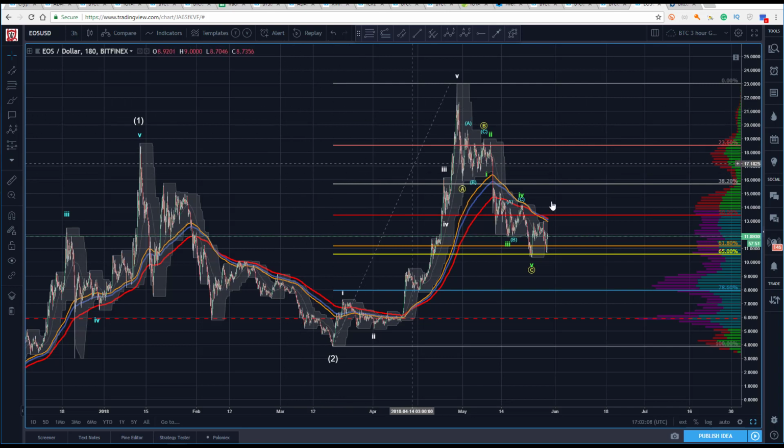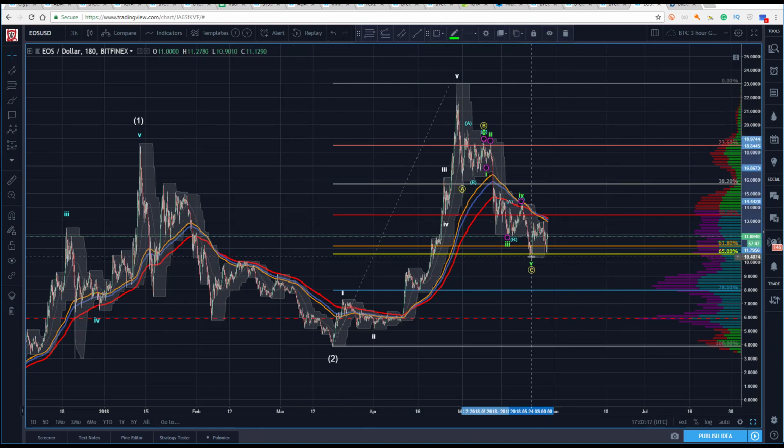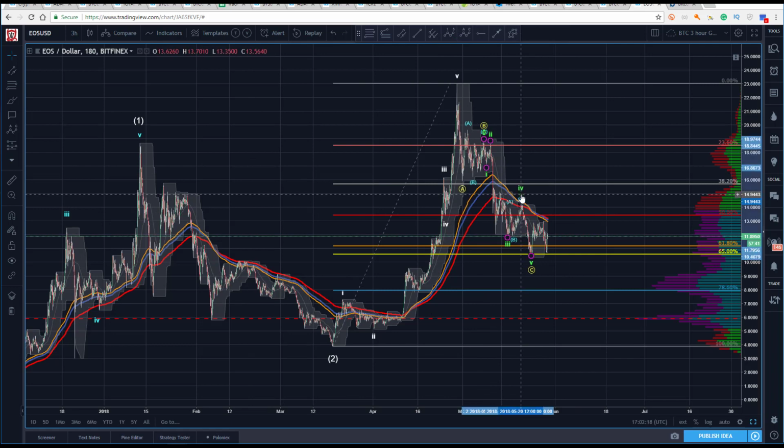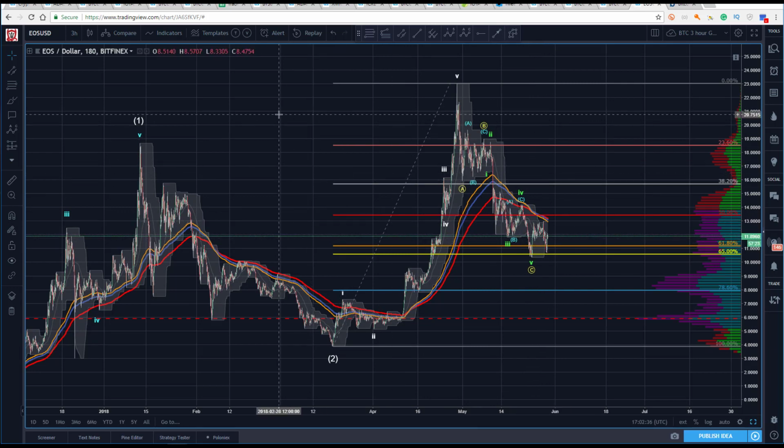What we try and do, as technicians, is always to let the price action dictate to us where we see opportunity. Of course, as I've mentioned before, the first assumption of a technician is that all of the known variables and fundamental information that can affect the price are factored in to that price at any given moment in time. So while there was some bearish news here, the market seems to be absorbing it rather well now.